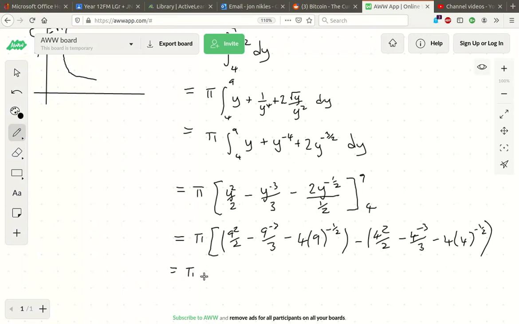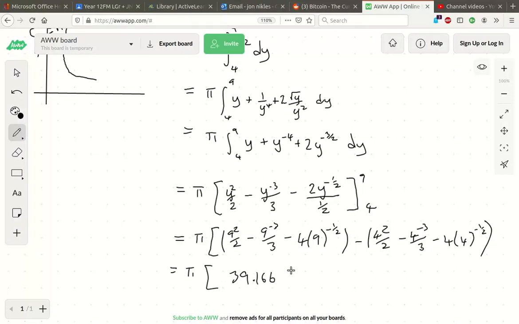Okay, work those out bit by bit. I'm going to do the first one in my calculator. So I'm going to press 9, enter. Then I'm going to do answer squared over 2 minus answer to the minus 3 divided by 3 minus, and it does take a little while. I suppose you could do 9 to the minus a half in your head, couldn't you? Because that's just going to be a third. So it's going to be minus 4/3. Okay, I get